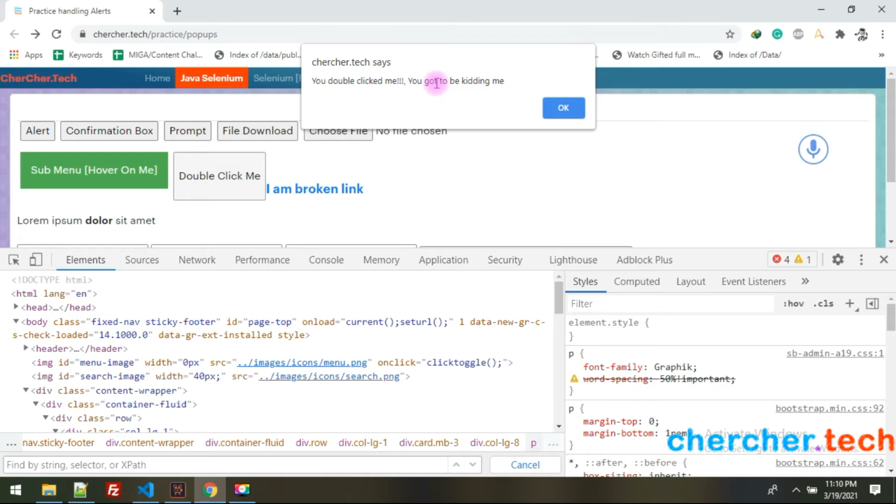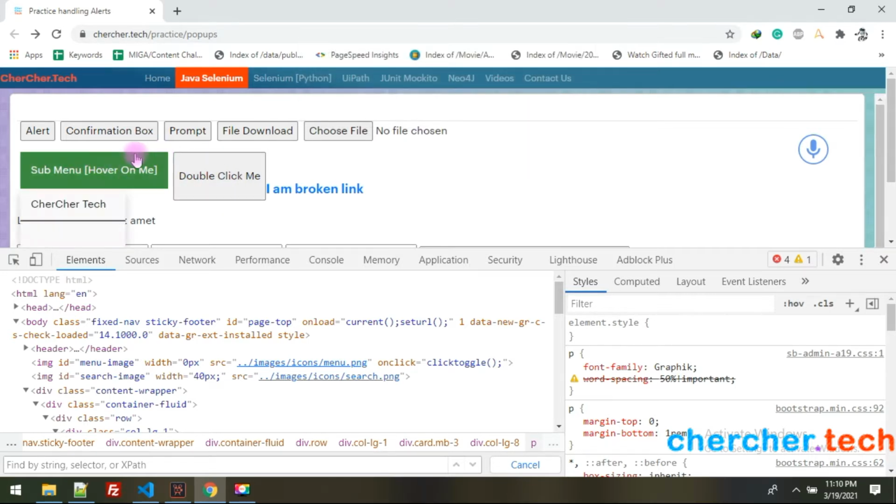But one thing about the pop-up: when there is a pop-up, Playwright automatically accepts it, even if you don't do anything. Once the pop-up is there, you cannot do anything. For example, clicking anywhere on the page will not work unless you click OK or cancel. There is no cancel, but OK now. You have to remove this pop-up, then only all the other features of this website or the browser itself will work. To avoid this blockage, Playwright automatically accepts the pop-up, which means that it says OK to the pop-up.